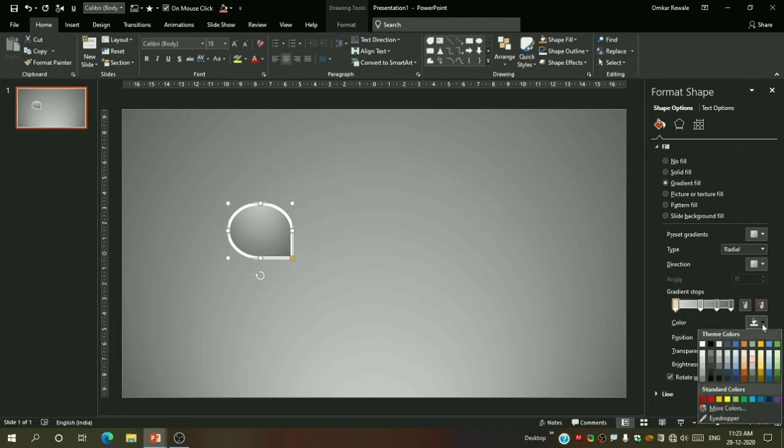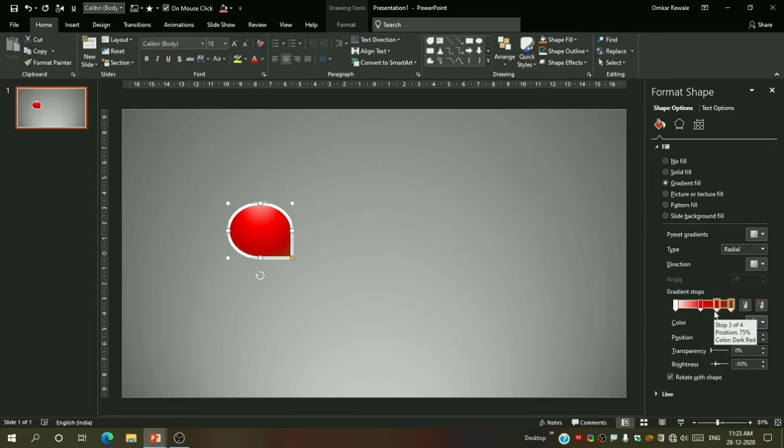First I will give it white color. Second stop I will give red color, third stop dark red or maroon color, and in the fourth I will give brown color, which is here, last in the orange chart.